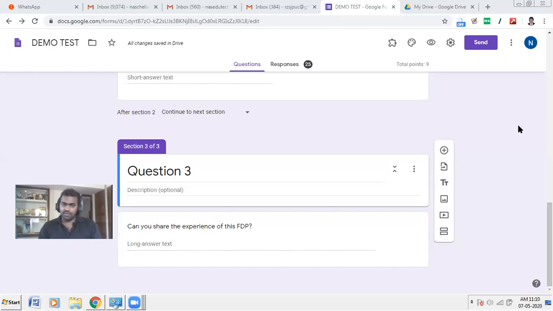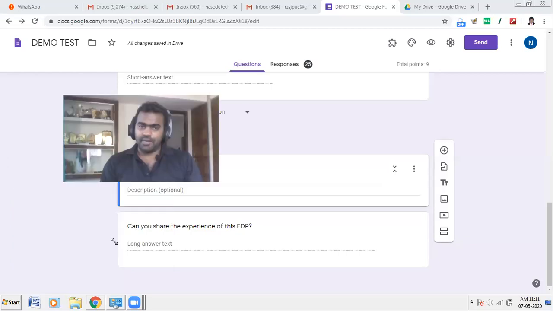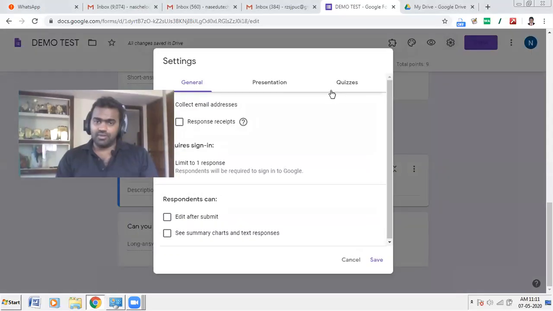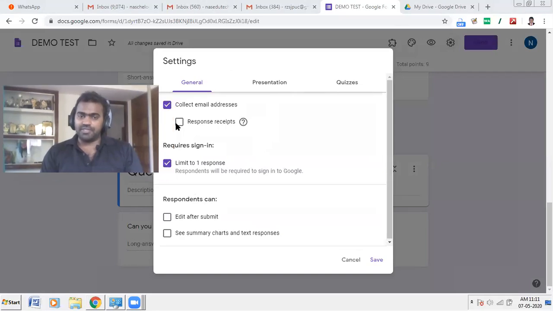Deepa Sebastian: Sir, in the settings option, there was limit response to 1, and also edit after submit. If we select both, what exactly is the respondent able to do? If you choose Limit, one person can submit only once. That doesn't mean they cannot use a different email ID.